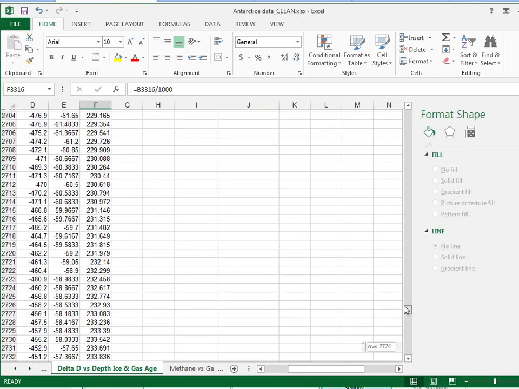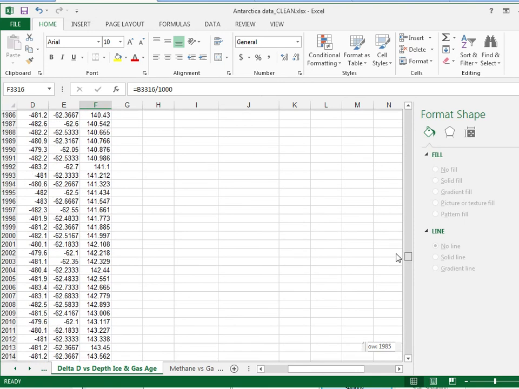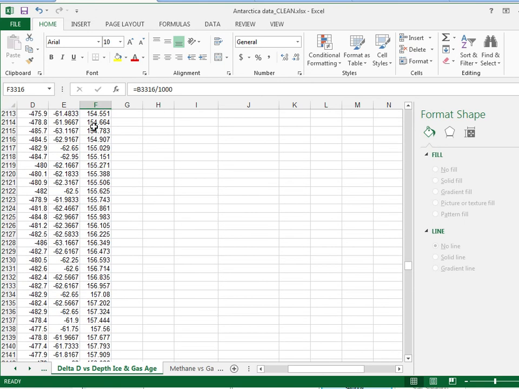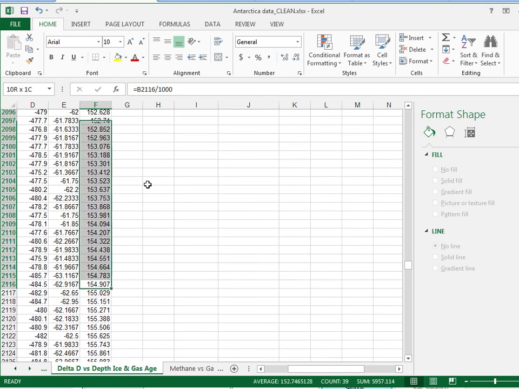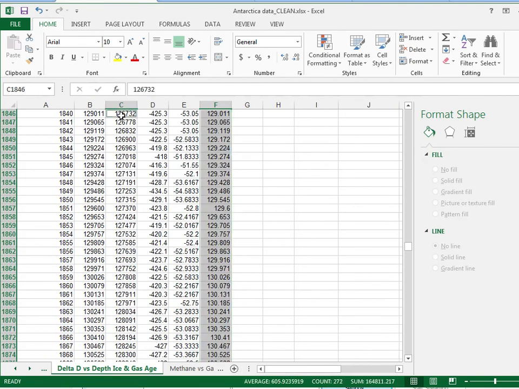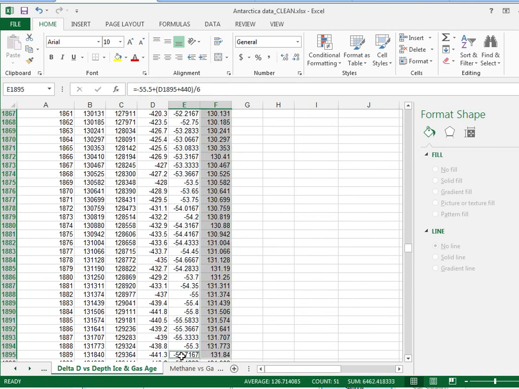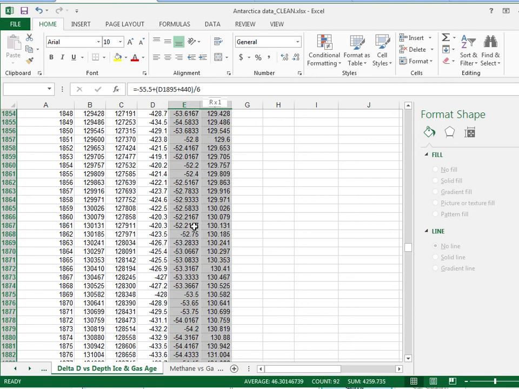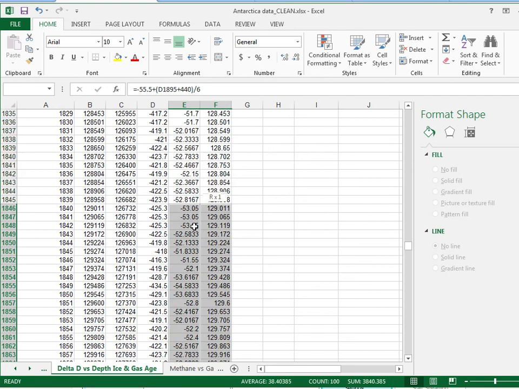I'm just going to scroll up here until we get to them. So there's 150 here, approximately, and then just up to here to 130,000, and then we'll grab the equivalent in, oops, I'm grabbing the wrong thing here. So that's 129,000 down to 130, and then grab the temperature equivalent, sliding down to here,